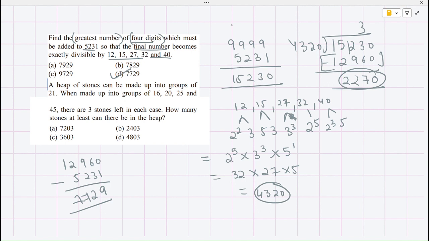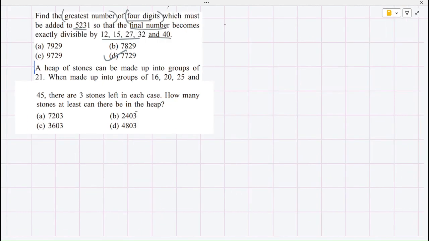This is very similar to the previous question that we did. Then the next question is a word problem. Okay, so now the next question here is basically a word problem, and it says a heap of stones can be made up into groups of 21. So basically there is a heap of stones. For example, we can imagine this to be a heap of stones and this can be made into groups of